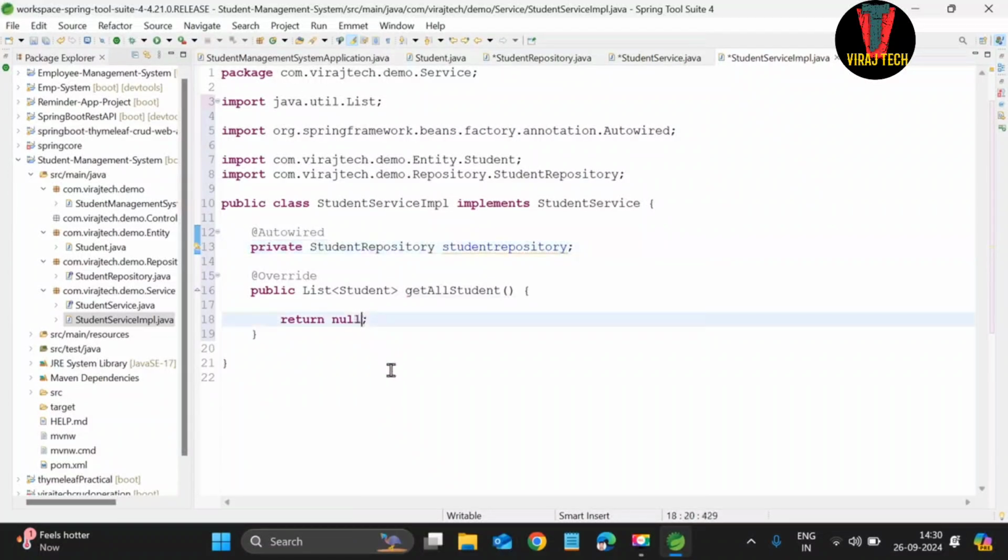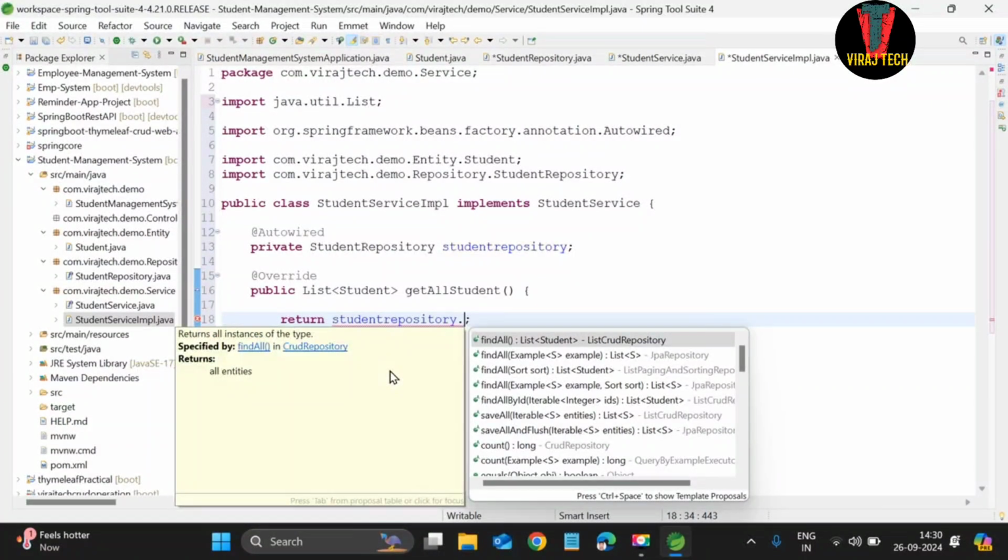Now we can use that variable here: studentRepository.findAll();